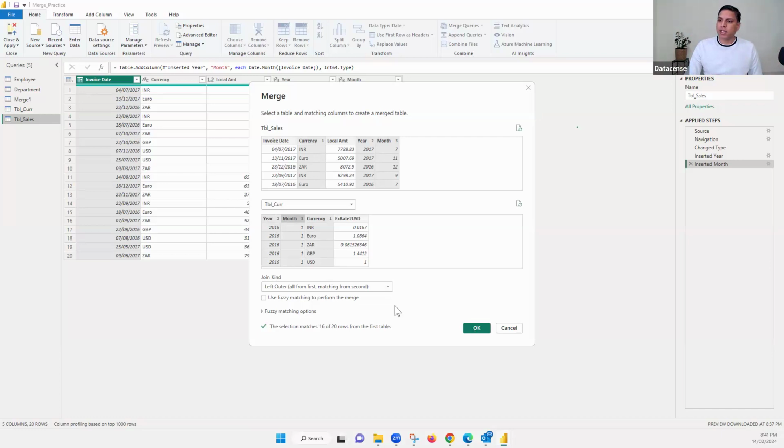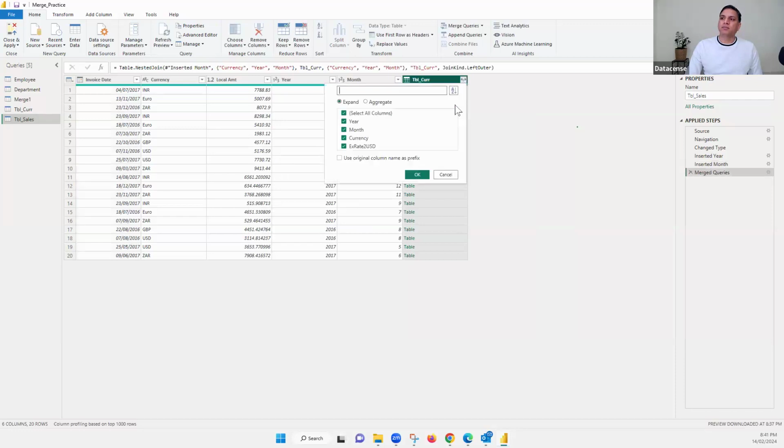When I click OK, and here left outer, because this is my main table, I want to fetch the exchange rate from here for these items. I have really no interest in this otherwise. So left outer means this is the main table. Keep every transaction of this table. Rest we will see later if something is blank. When I click OK,